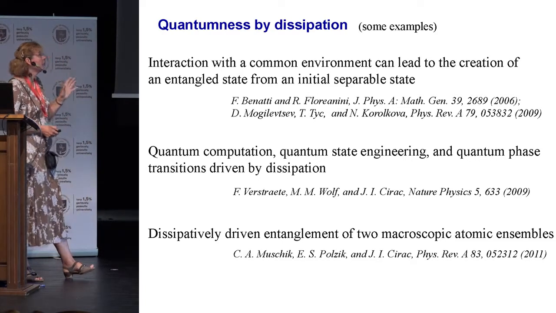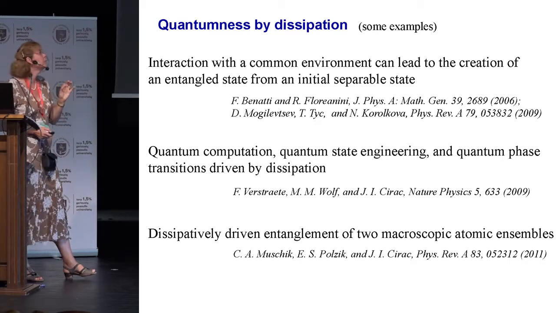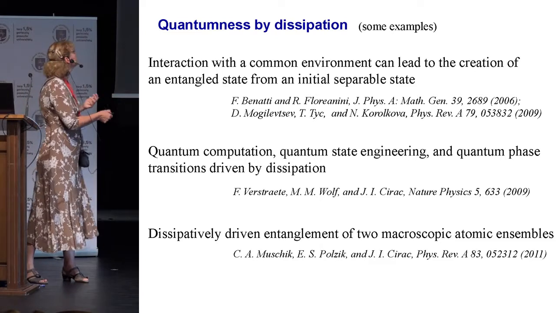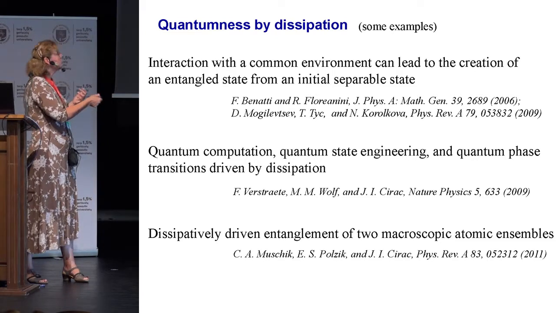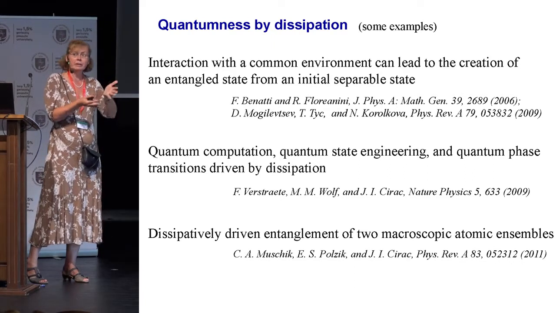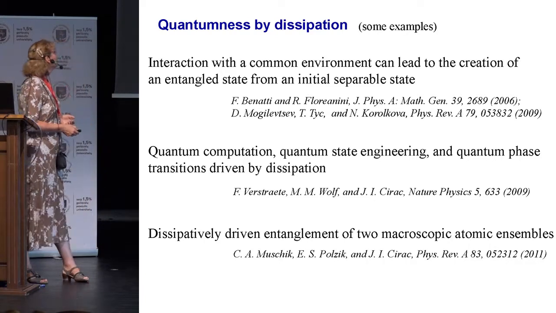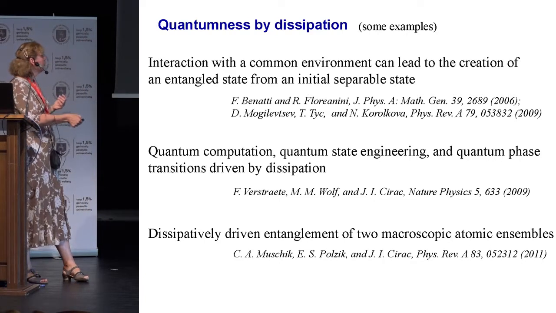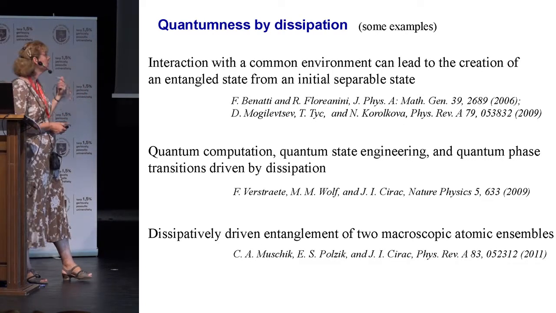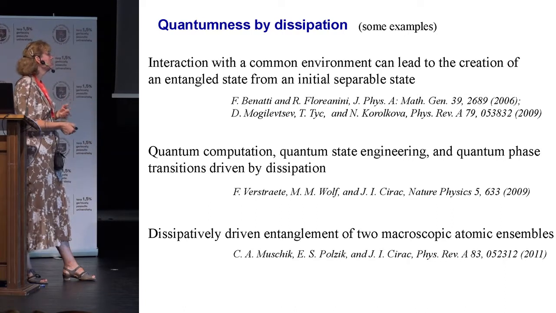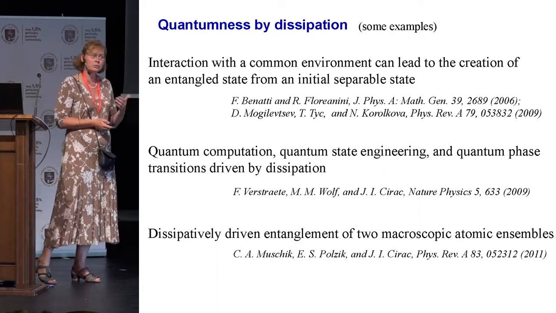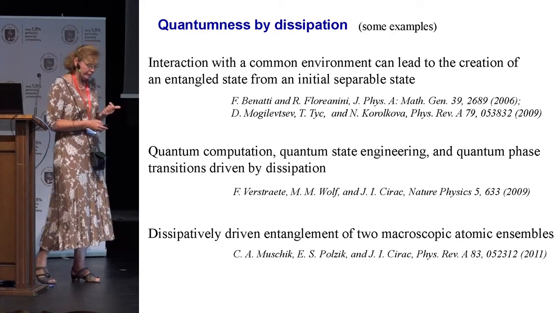So the main physical ideas behind this specific coupling is, first of all, something which feels very counterintuitive in the first place: if you have two modes which dissipate into a common environment, they can get entangled, never having been interacted directly. The other thing is, of course, what we know from a nice bunch of works, that we can use dissipation to create coherence. We can use dissipation to do quantum state engineering, to entangle two atomic ensembles, and so on and so forth. So we actually know for quite a good time that dissipation is not always our enemy.